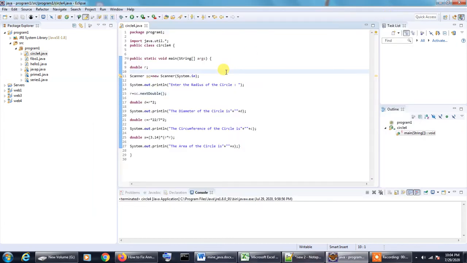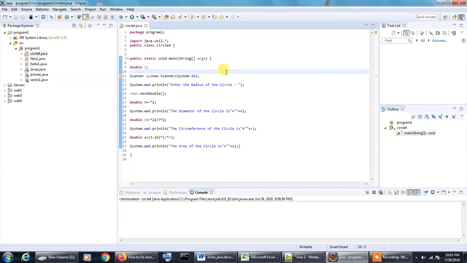This is a relatively short and simple program, as the matter we are dealing with is quite an easy one. We are taking the value of the radius as a double figure, because the radius may be a fractional value, it may not necessarily be an integer value. So we are taking the value of the radius as a double value.